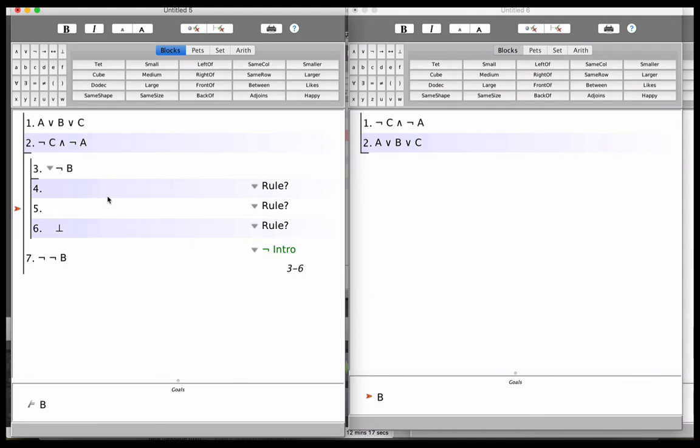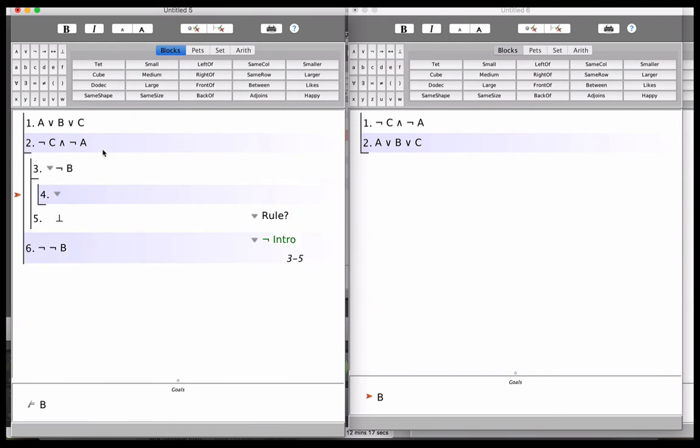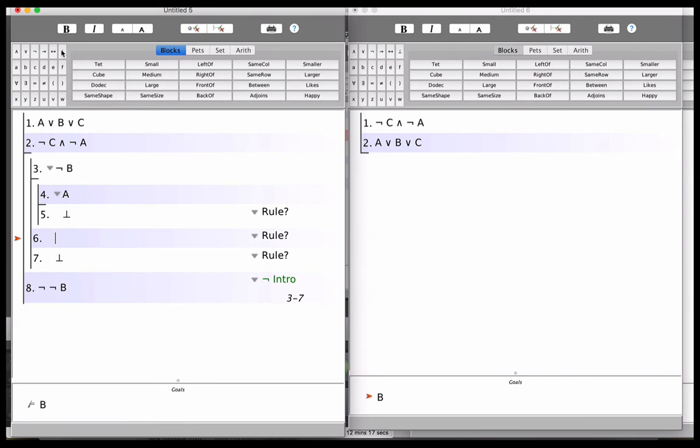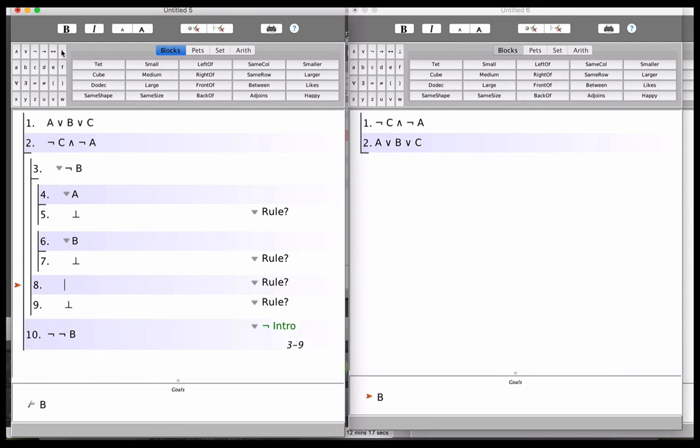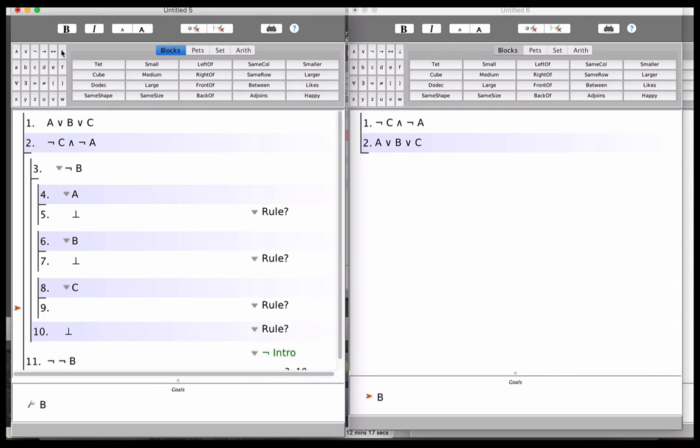So that requires us to set up disjunction elimination. Assume A, we're going to want to generate a contradiction, exit that subproof. Assume B, generate a contradiction, exit that subproof. Finally, assume C, generate a contradiction, and then exit that subproof by way of